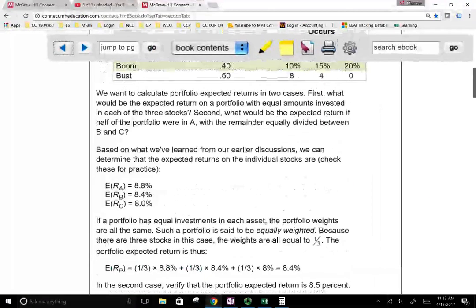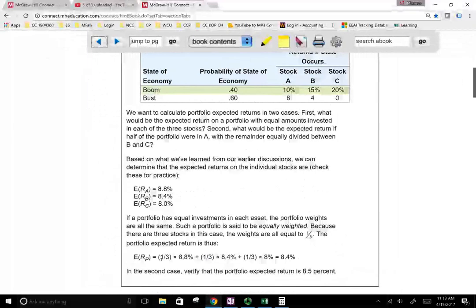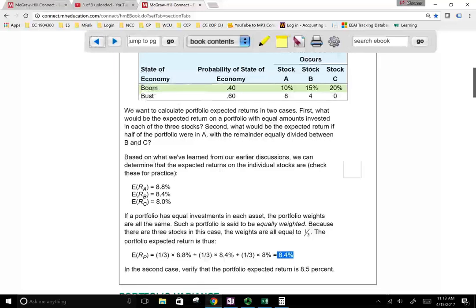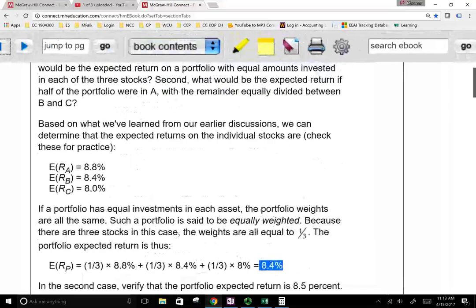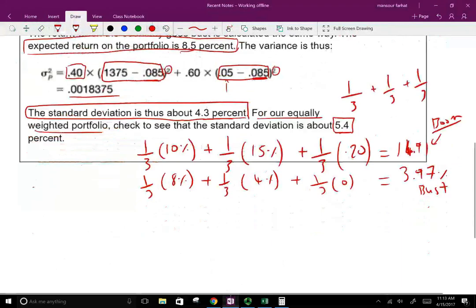And assuming we invest the money equally, 1/3, 1/3, 1/3, stock A would return 8.8, stock B would return 8.4, and stock C would return 8%. So the portfolio expected return is 8.4. We do need this number, 8.4, to calculate the standard deviation. Now we're going to go ahead and calculate